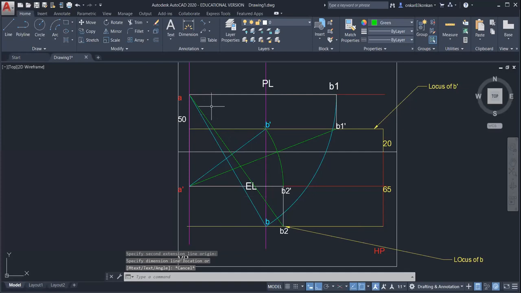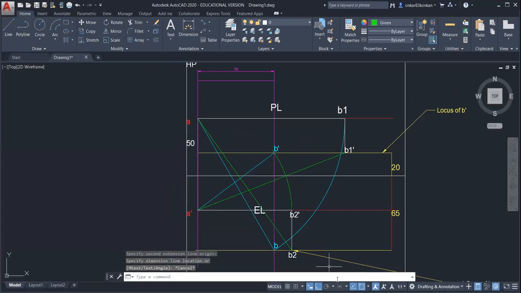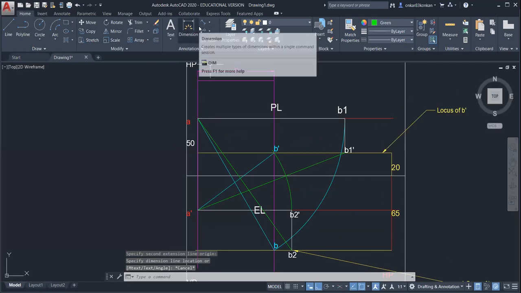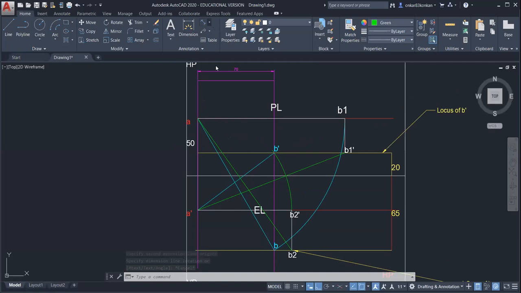And the true angle, so this is AB2, that is the top view. So this will give the phi angle. So phi is 53 degree with respect to vertical plane. That means when we assume the line parallel to HP and inclined to VP with the true angle, so that true angle is 53 degree. And true angle with the HP, so this is the true angle with the HP.